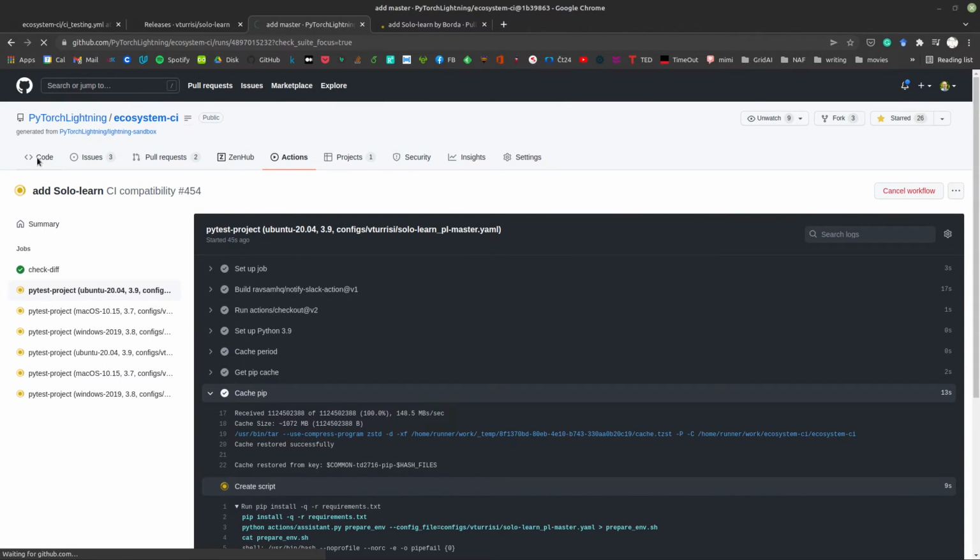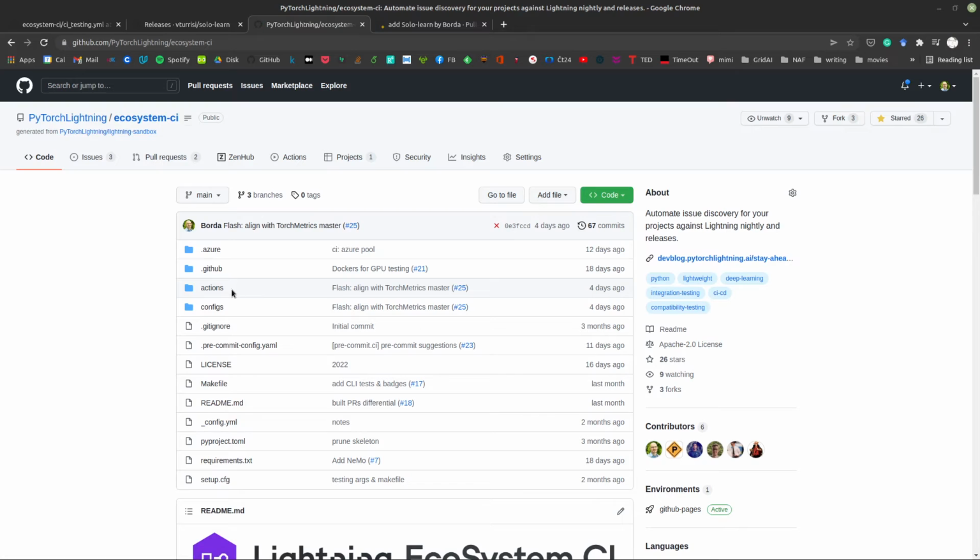And this is how simple it is adding your repository or your project to know that you are well aligned with everything which we are actually developing on PyTorch Lightning, the main repository, or any other